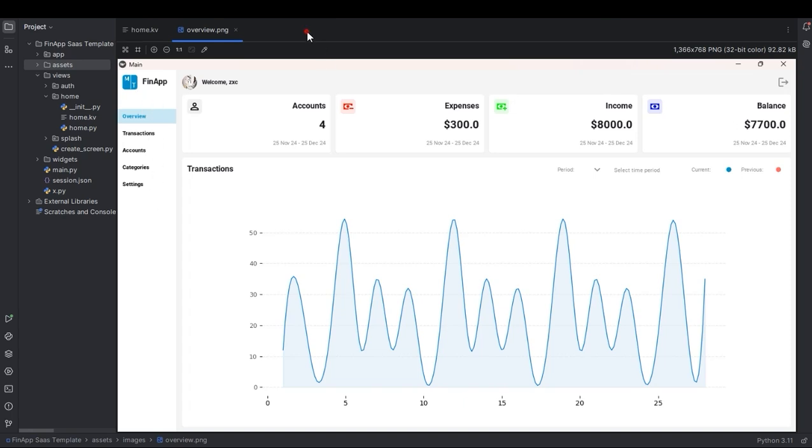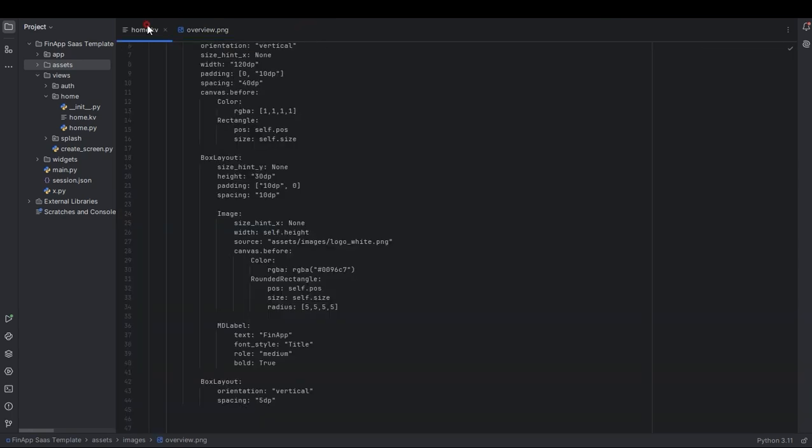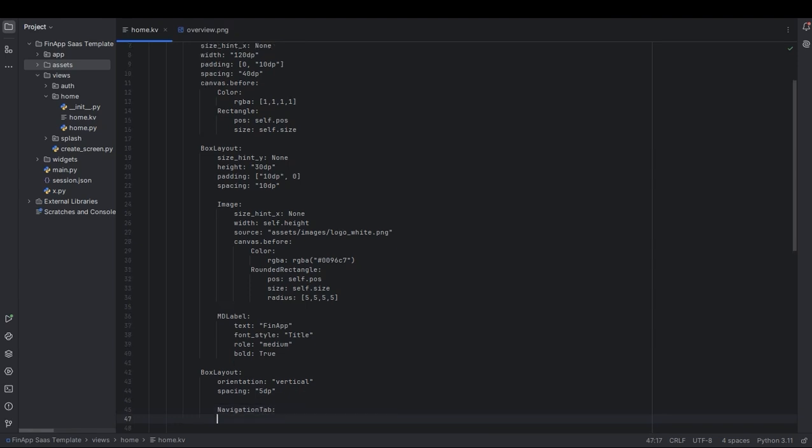So if you go to our home.kv file, right? Underneath this box layout, we're gonna put a navigation tab. So we're just gonna make this custom navigation button soon. So now we're just gonna put it in the home.kv file. Then we're gonna put it in our widgets folder in the buttons.kv file. So here we're gonna say navigation tab. Then we're gonna say